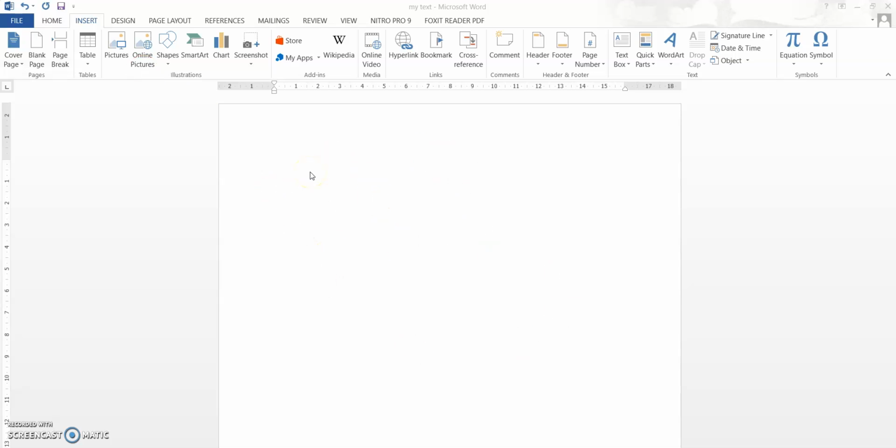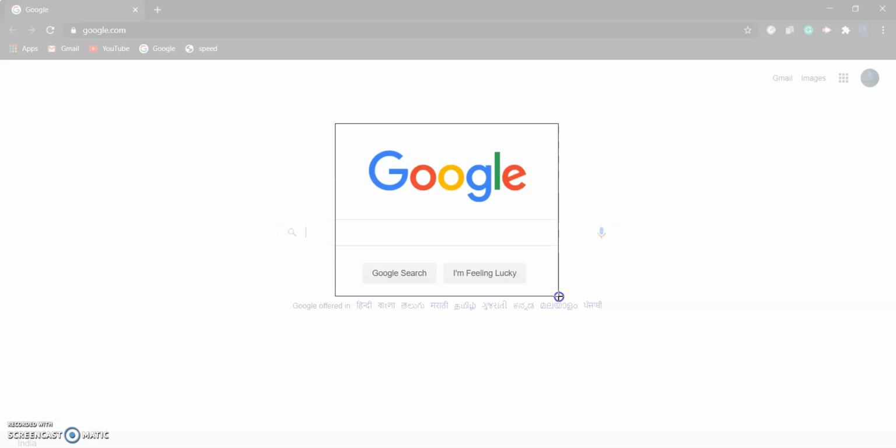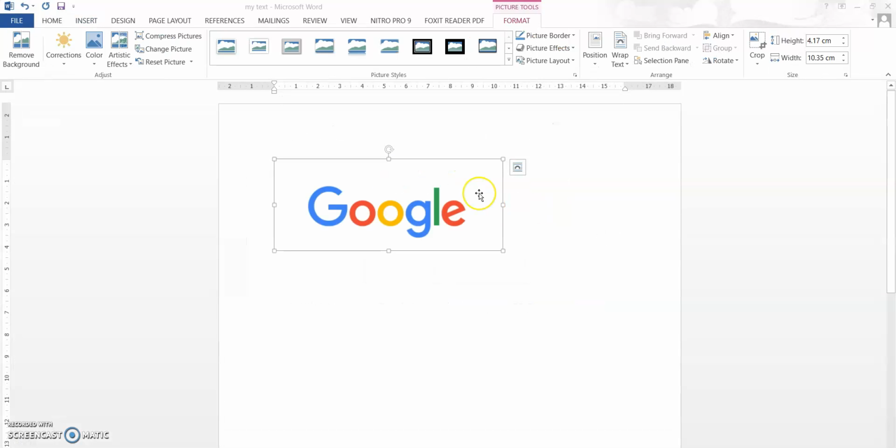So let me show you how it is done. First we select the screenshot icon, and then the screen clipping option will pop down, and we select that. Then, if I want this Google word as an image in my Word document, I just select whichever portions I want. If I want all these portions, I'll select this. Now, for explaining purposes, I need only this Google thing, and after I select, you can see that immediately